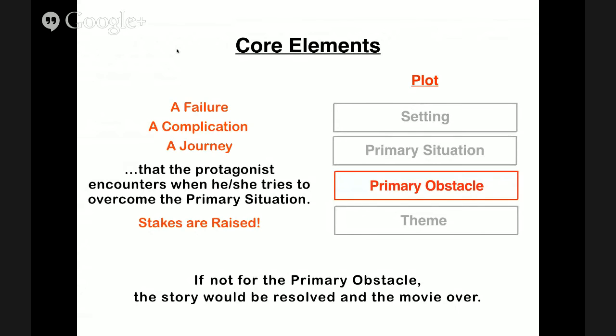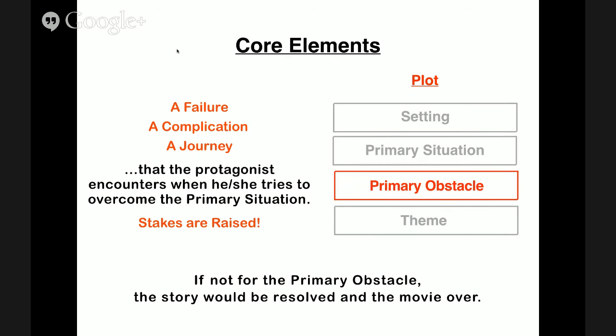That thing that has to happen is either going to be a failure if they don't succeed, a complication. Yeah, they managed to kill that guy, but he's not the one in charge. That guy's the one in charge, and he's going to destroy you. And now we're in the second part of the movie. Or the third part's a journey. What you want isn't found here. You have to go there to get it. And suddenly now they're on a journey. Okay? Whether it's emotional or physical.